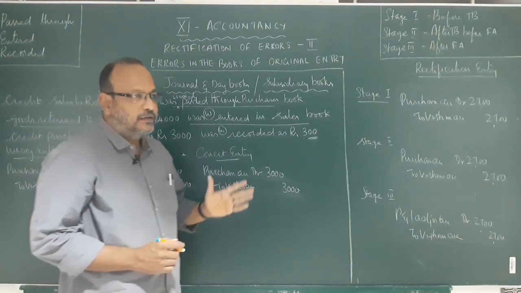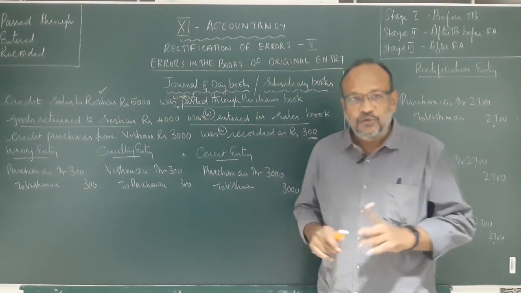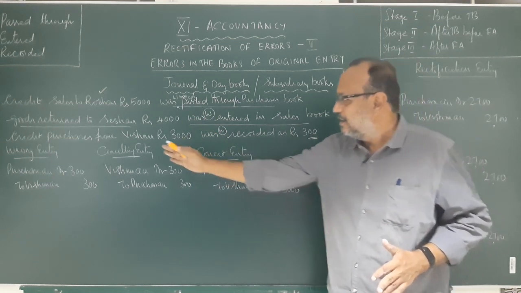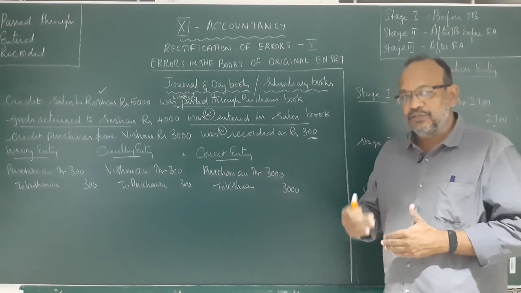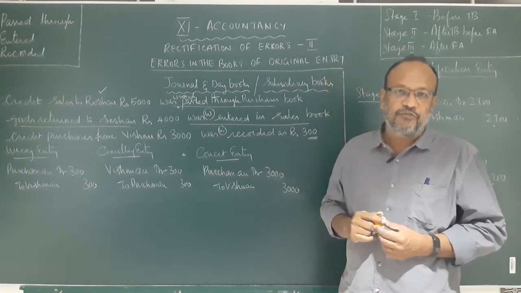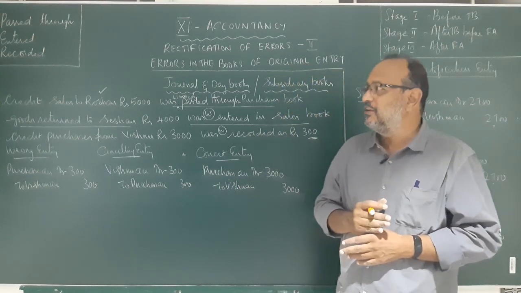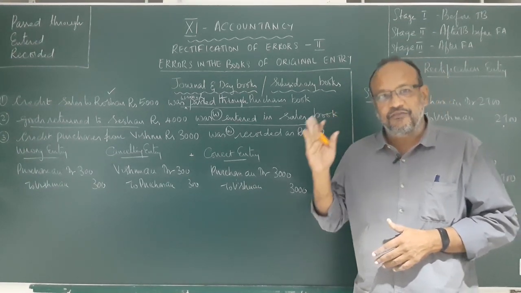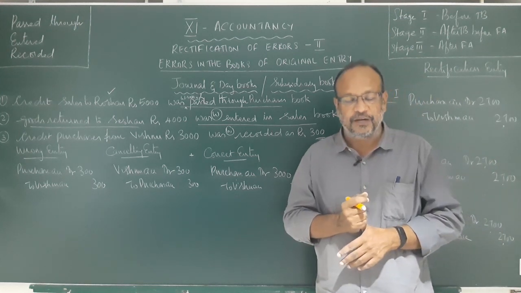Now, dear friends, these errors are also called two-sided errors. Two-sided errors, it's very simple. We can cancel, we can rectify it using this three-step method. You follow this method, you start solving maximum sums using this method, then it will be very easy for you to solve it again and again. Now, in my next series, we will be discussing about one-sided errors, that are errors of casting, posting, carrying forward and error of partial omission. Thank you.